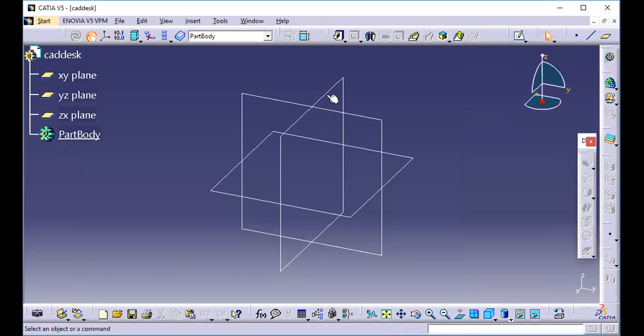Now, for any part, you need a sketch. For entering into the sketch, here you will have an option called Sketch. Can you see this? This is the power input area of CATIA. See, here it is written as in AutoCAD. If you give the command in CATIA also, you can work through commands, but it is not convenient.